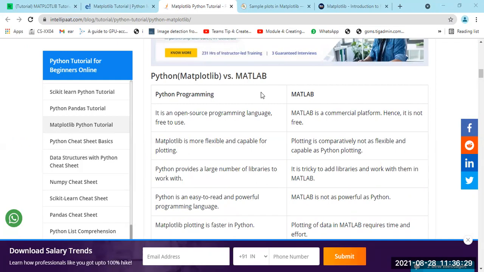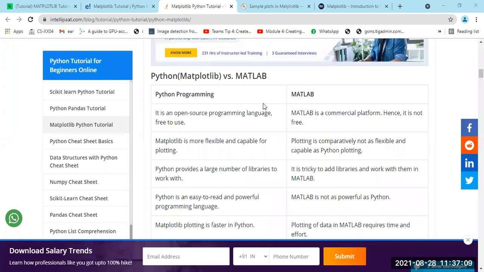While in the case of MATLAB, this is a commercial product. So we need to buy a license to use all the features of MATLAB. That's why, between Python and MATLAB, we are choosing Python, as it is free and we don't need to buy any type of product or license fee. But MATLAB is a commercial product, and after buying it, only then can we use all the features.